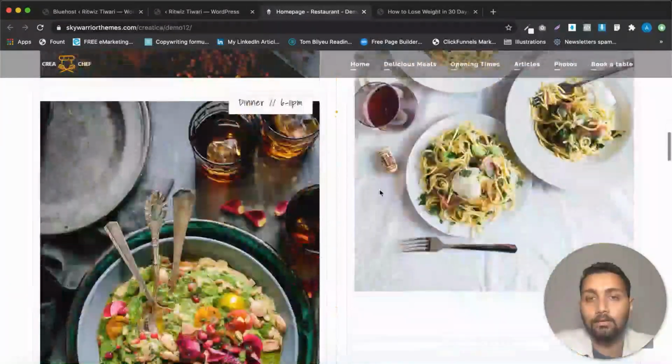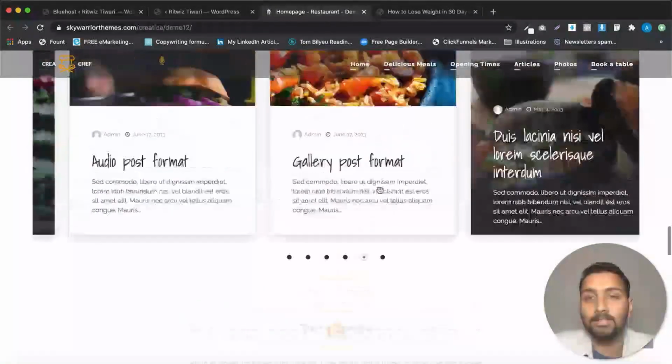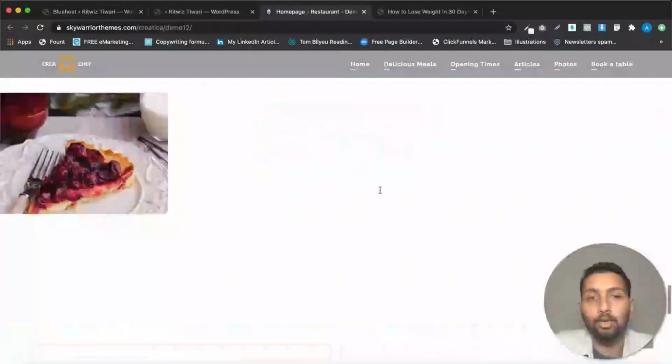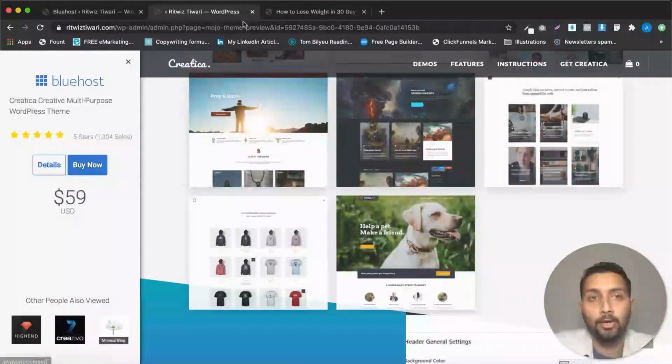The design of your website will be this when you install this theme. Isn't it great? Isn't the design looking good? But obviously, for this to be good, you will have to buy this theme. So this is the one thing that you can do. But I'm going to go back to